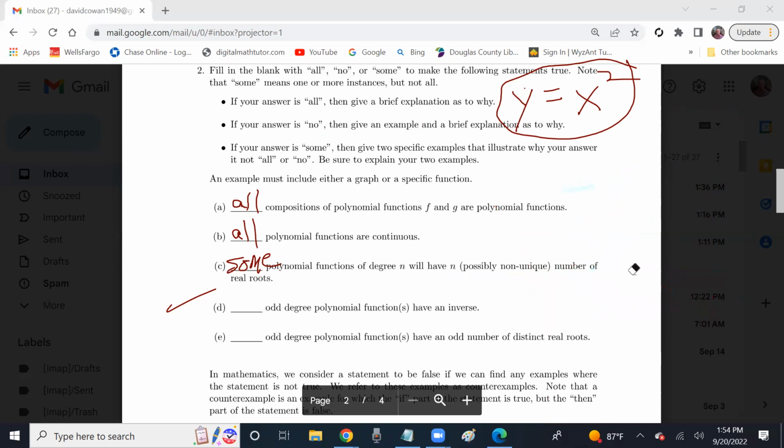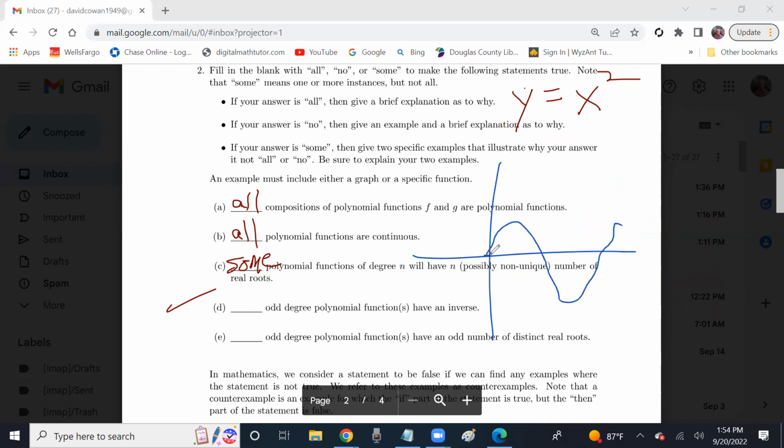In other words, it suffers from the same thing that an even polynomial suffers from. That passes the vertical line test, but it doesn't come close to passing the horizontal line test. So they restrict the domain in order to come up with an inverse. So it'd be all odd degree polynomials. I think it's all. I've never actually tried this, trying to find out where if you had something like this,